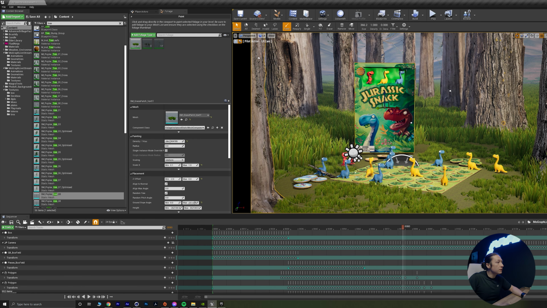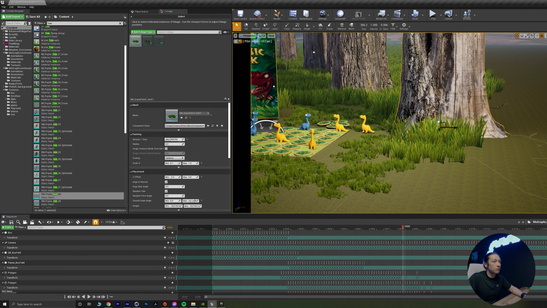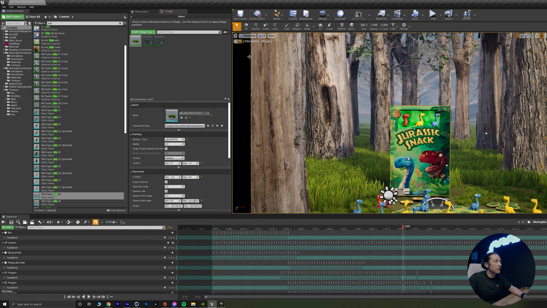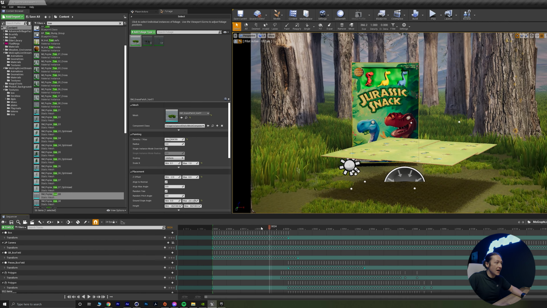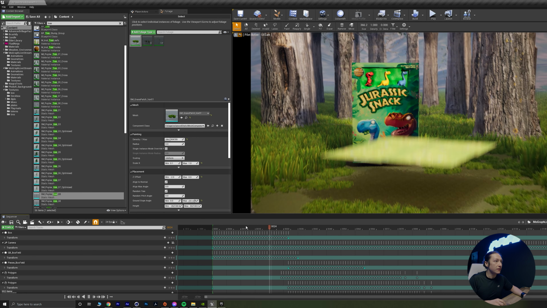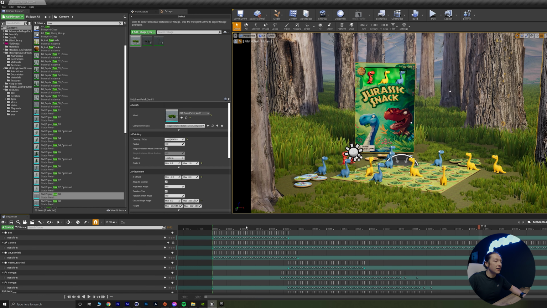And then we can see there's a little bit of funkiness right there. We can just maybe move that down. And yeah, those trees, typically I wouldn't use these trees exactly for an ad like this. I would find something that fits a little bit better, but for the sake of this tutorial, this gets the job done. So now I have the camera pulling back, all the game pieces coming in, the lighting looks pretty